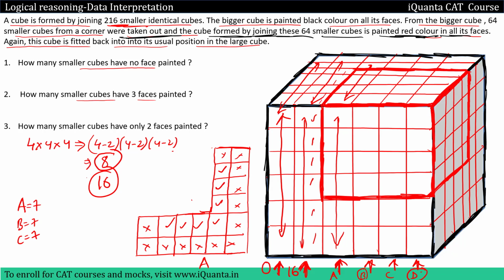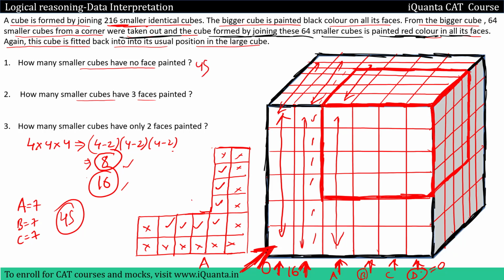This face D is quite different, because it is on the extreme right. So it will be similar to this face, this one, the first piece from here. So we'll have 0 cubes having 0 face painted from here. So that's it. If I add 8, 16, 21, we get 45 such cubes. 45 will be the correct answer to the first question.